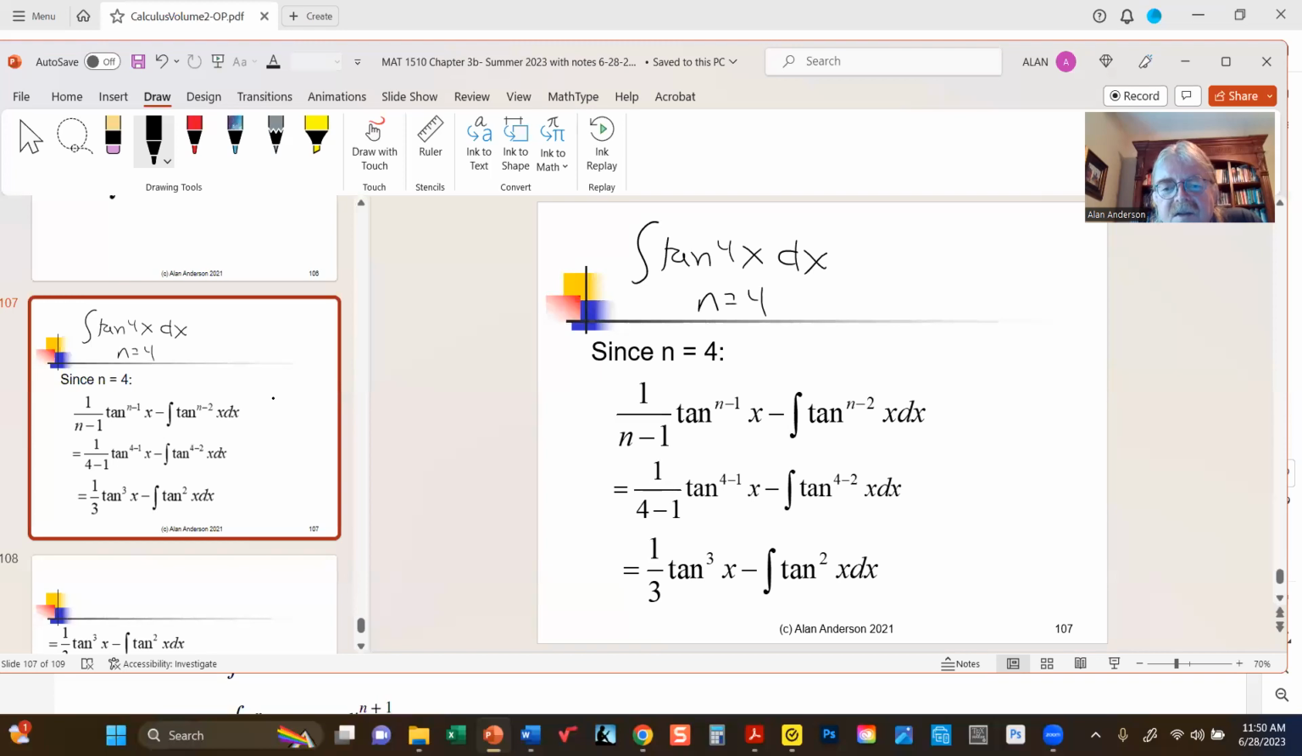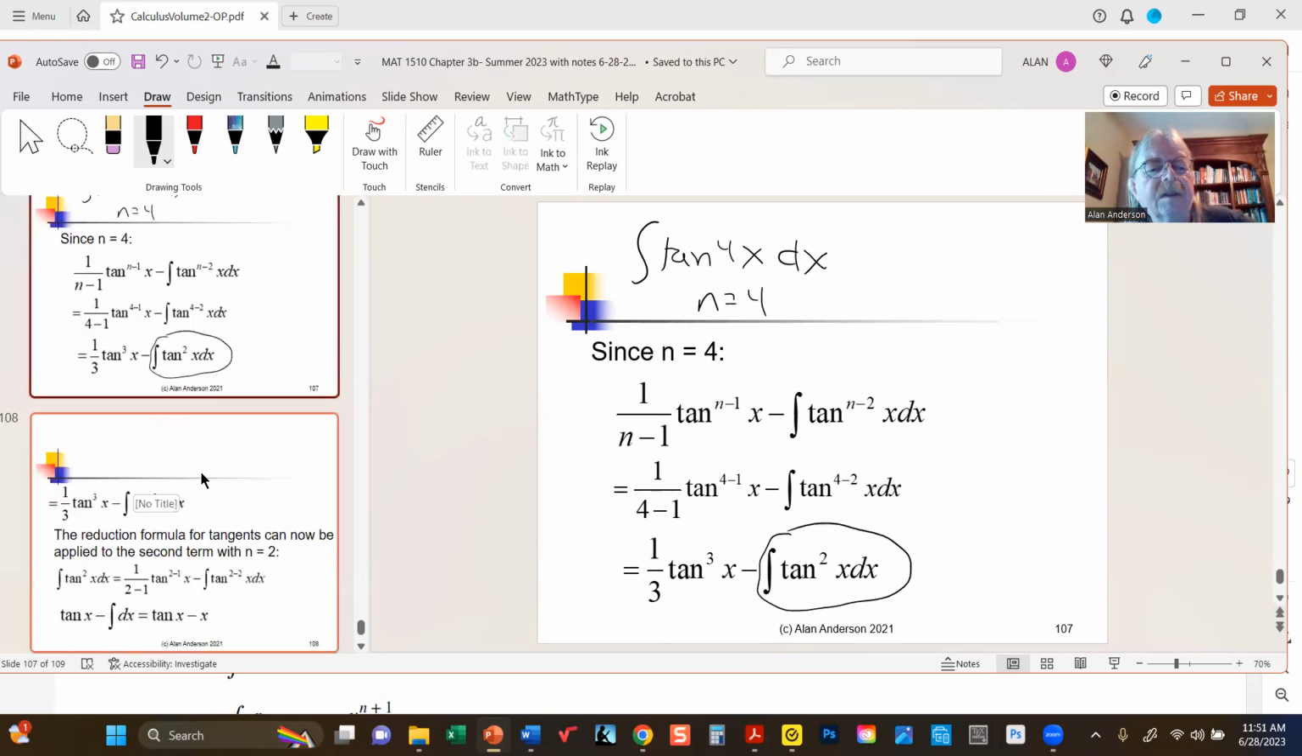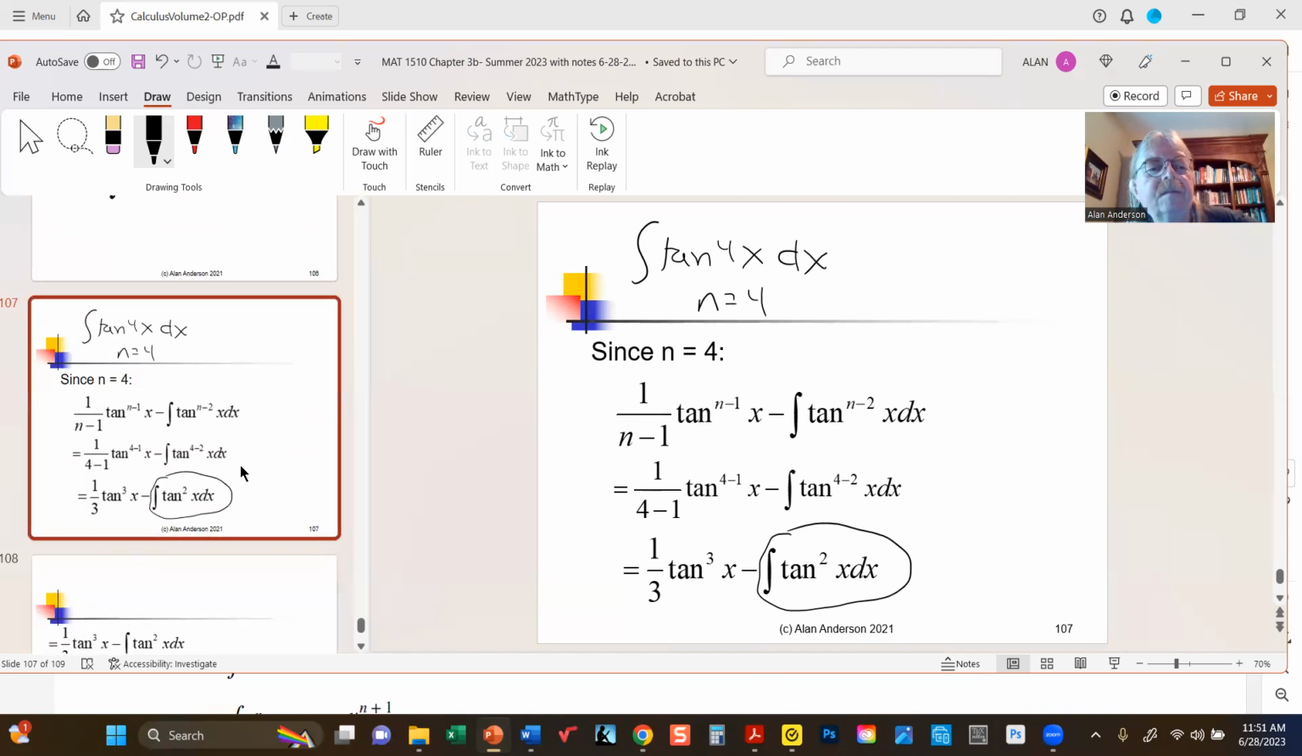So we plug in, we replace all the n's with 4s. So we've got what you're seeing here. Now, what do we do with this? Well, you know what we can do? We can apply that formula to this term as well. In other words,